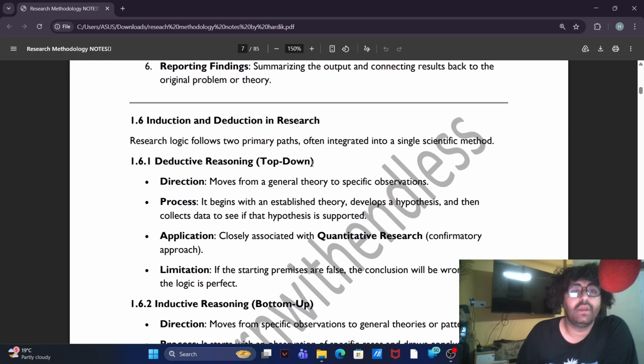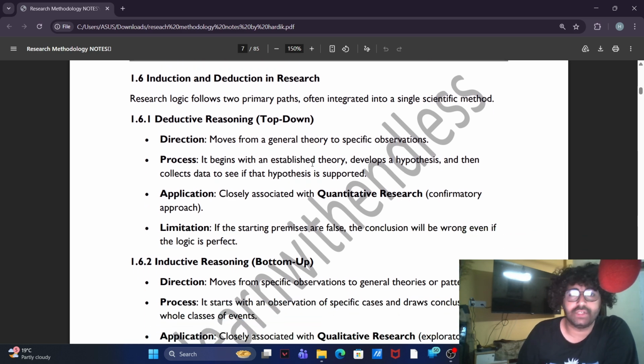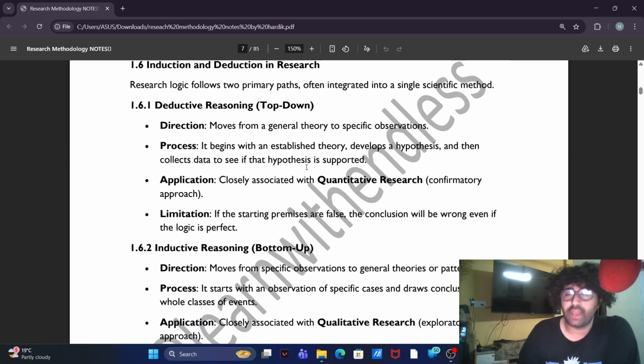Next topic, induction and deduction in research. Research logic follows two primary paths, often integrated into a single scientific method, and these are deductive reasoning, top to down. Its direction moves from general theory to a specific